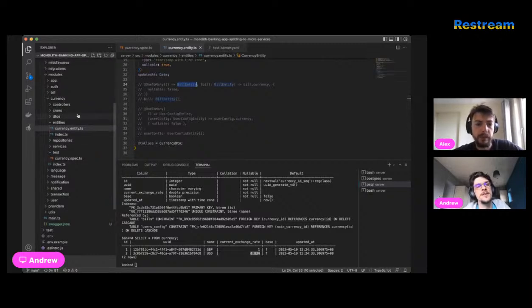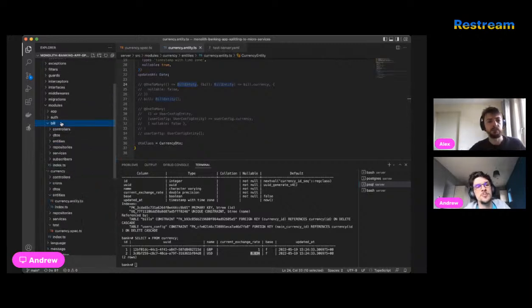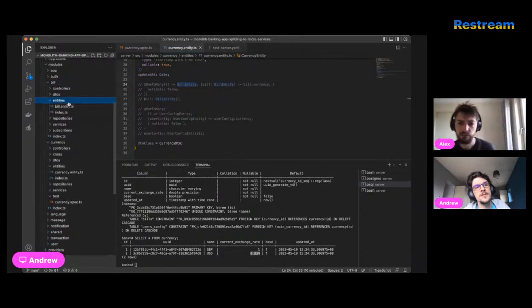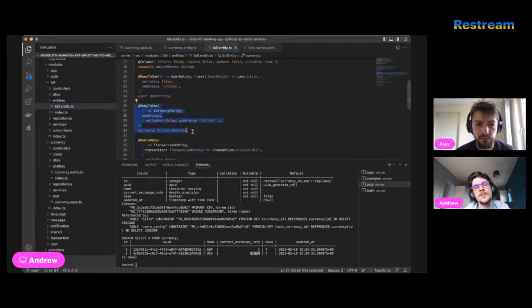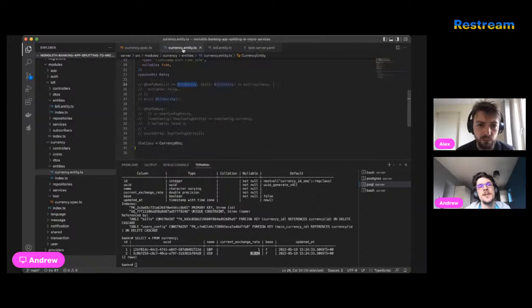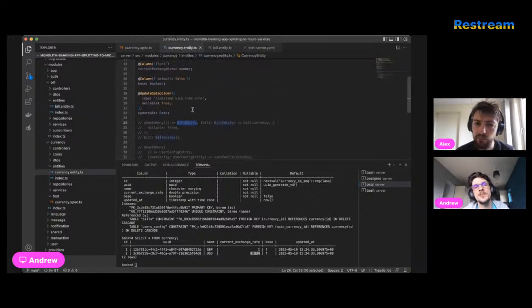No, that's still there. If we go to the bill entities, you see here we still have a currency connection. It's connected as expected, but we don't have the opposite connection from the currency side.